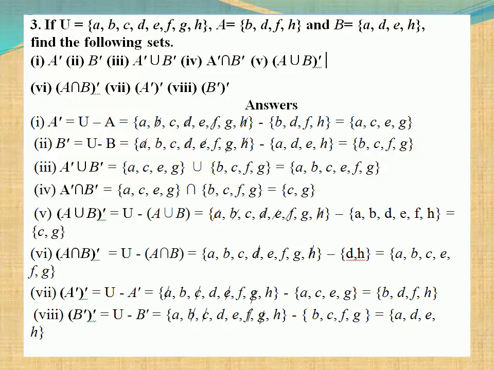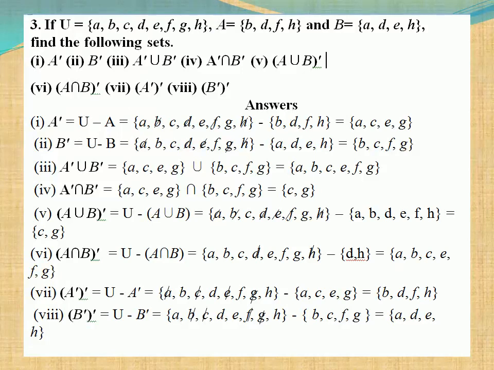And next we will move to the seventh subdivision, A dash the whole dash. That means we have to subtract the elements of A dash from U. So U minus A dash. Universal set we have to write, and next minus set of all the elements from A dash you have to write. Cancel the common elements. You get the remaining elements B, D, F, H.